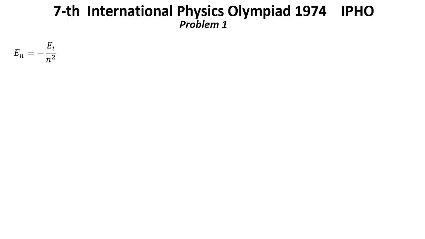Thus, the smallest energy necessary for excitation of the hydrogen atom is delta E equals E2 minus E1, which is